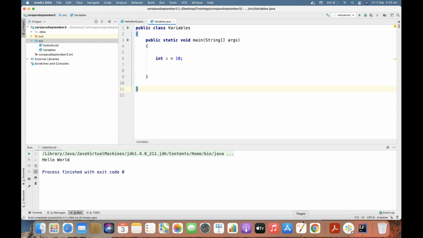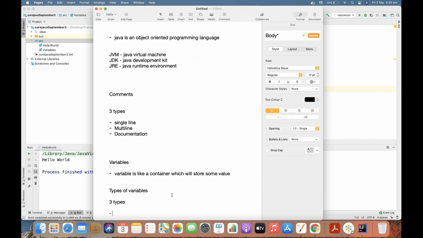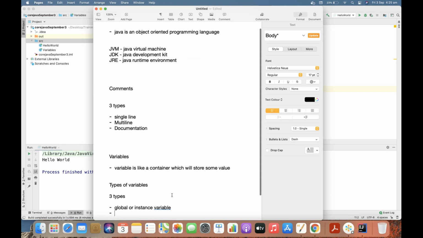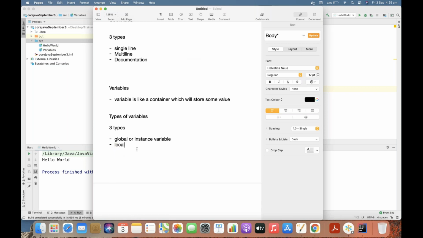But there is one more thing, called types of variables. There are three types of variables: global or instance variable, local variable, and static variable.